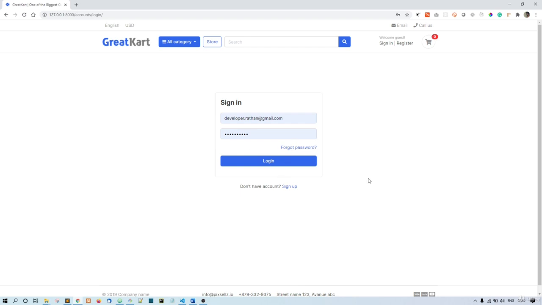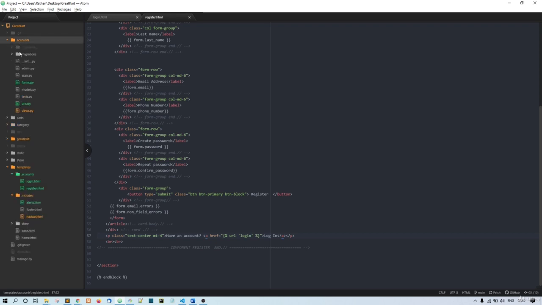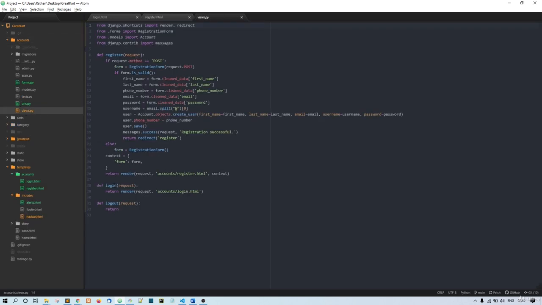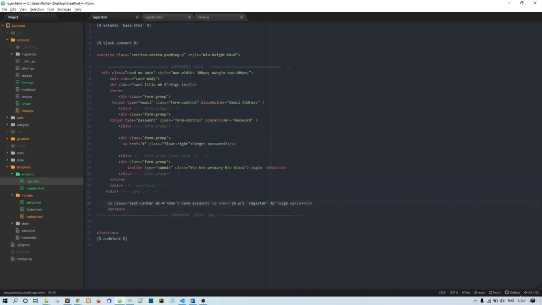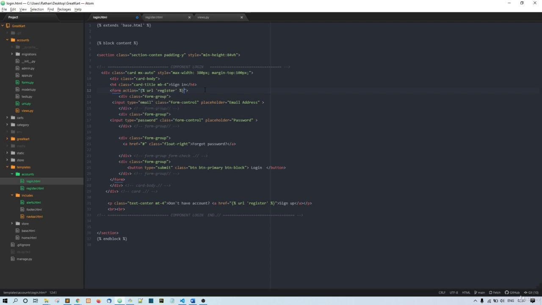So for now, we already have these URL patterns, and we already have the views also. Inside the views we are going to write the code. All right, so from here, first we need to make this form a little bit proper. So in the form we'll say action is equal to URL login, and then method is equal to post,